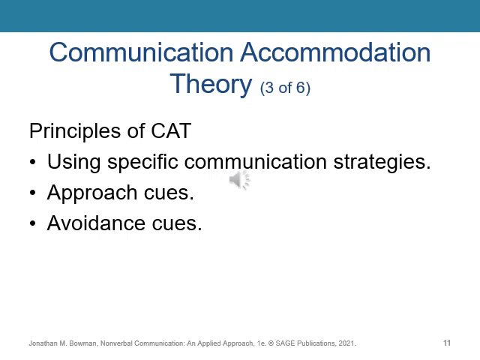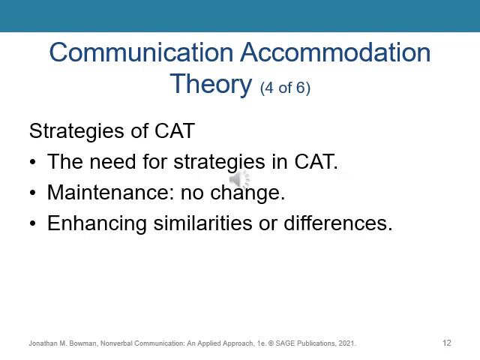Approach cues are verbal and nonverbal messages sent by individuals to signal that they are open to interacting with one another. On the other hand, avoidance cues are verbal and nonverbal messages sent by individuals to signal that they are uninterested in interacting with one another in the future. CAT allows individuals to indicate their attitudes toward one another, as an approach or avoidance cue to be interpreted in the social situation. For example, Charles intentionally changes his communication patterns in an attempt to have better interaction with his new boss. It is used as maintenance when they see no reason to change the same communication pattern.